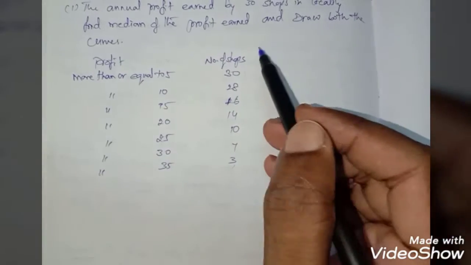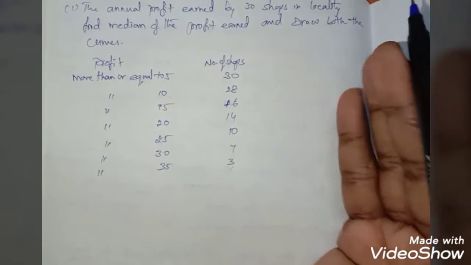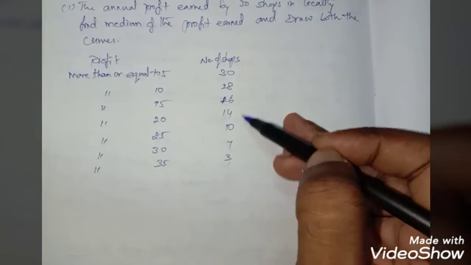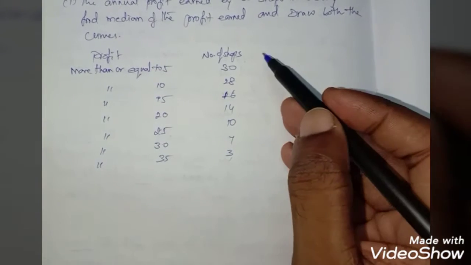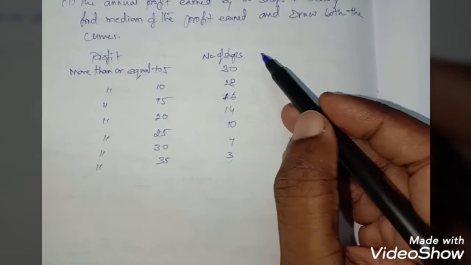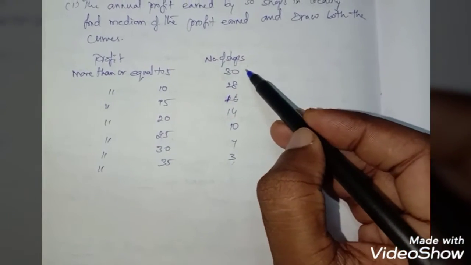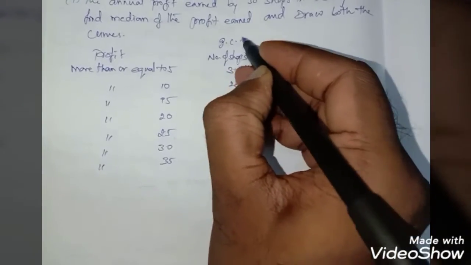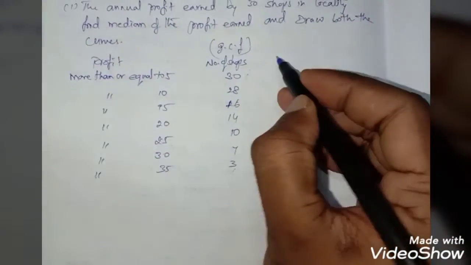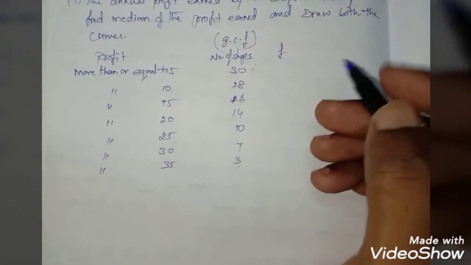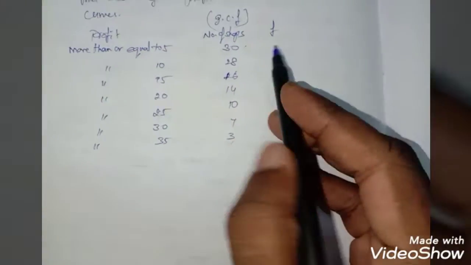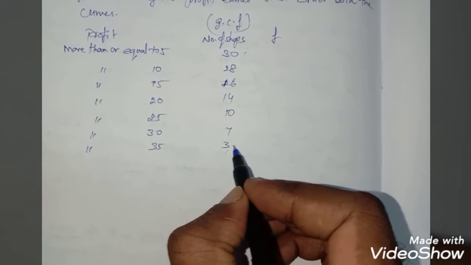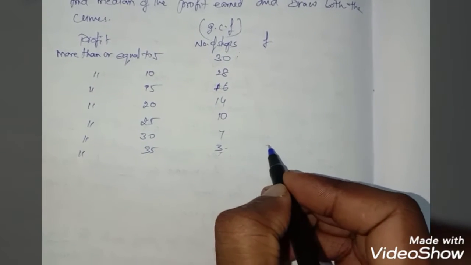In the previous class also we learned how to see whether the given value is a frequency or not. If it is in increasing order, then it is a less than cumulative frequency. If it is in decreasing order, then it is a greater than cumulative frequency. Here the values are decreasing, so we have greater than cumulative frequency, that is GCF. Now you need to find the frequency. Whenever you want to find the frequency, just see the last number. The last number of GCF is 3, so the same we write here, 3.